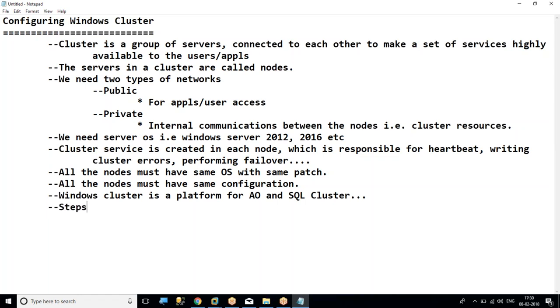Configuration steps are there. For example, first we have to make one machine a domain controller, which is DC, domain controller or Active Directory server. After configuring a machine as a domain controller, then we have to create